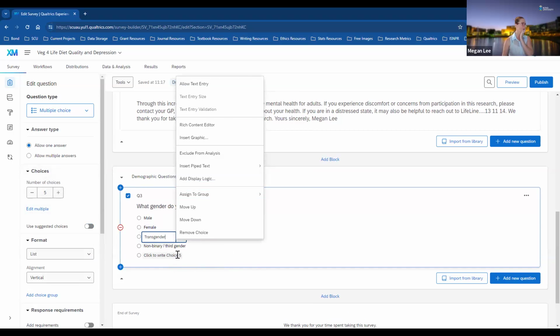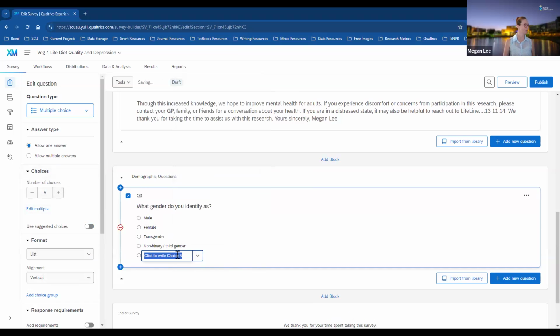Then with the final one, prefer not to answer, just making sure that it's lowercase. This is one of the things that you have to keep in mind. Do you want all of your answers to be lowercase? Do you want them to be upper and lowercase? So that's a decision that you have to make about formatting as well. I actually would like another